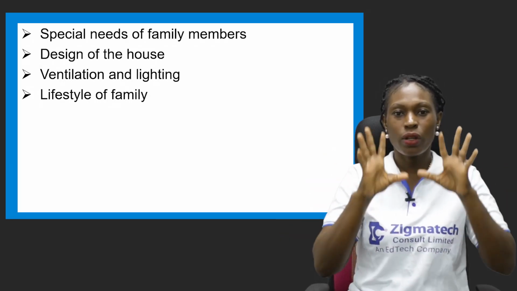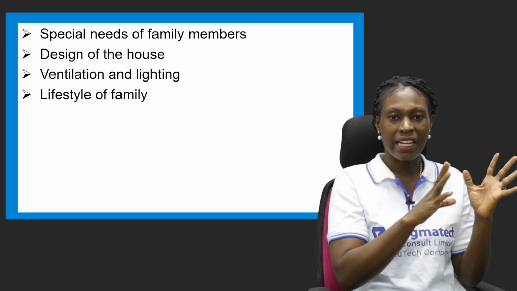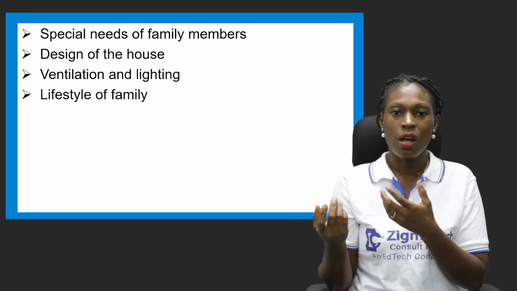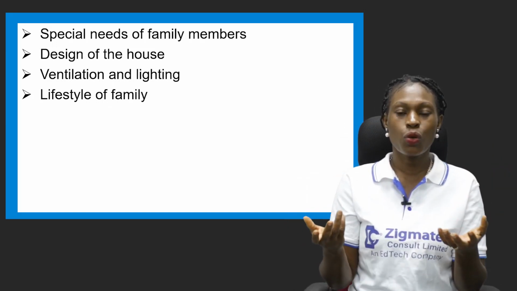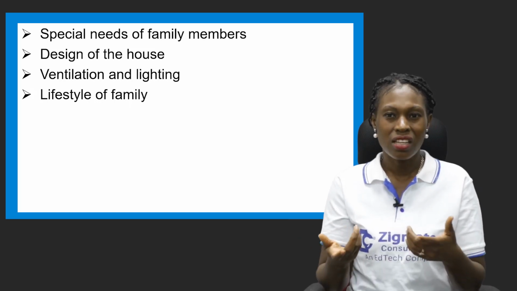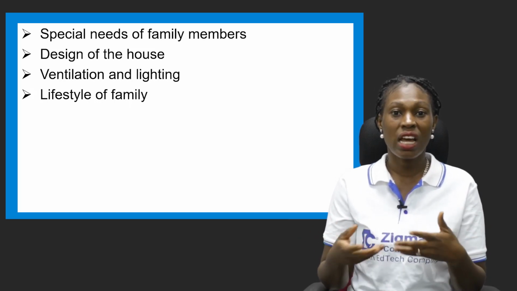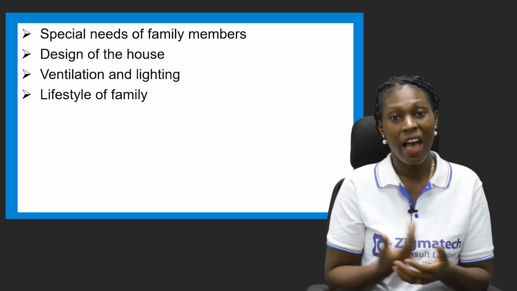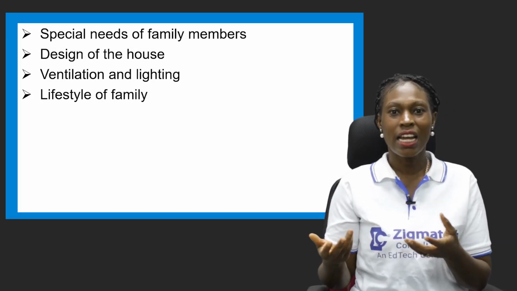The design, I want the building like this, I want it like this. Maybe, let's say if the person is actually going to rent, you look out for these things. The design of the house is one factor that influences. If you go to a place where you do not like, you might not really enjoy it.